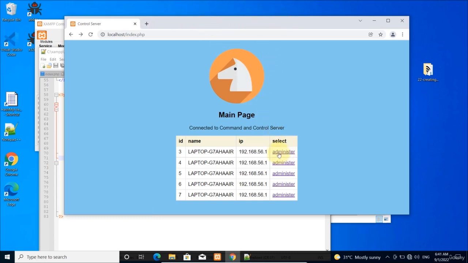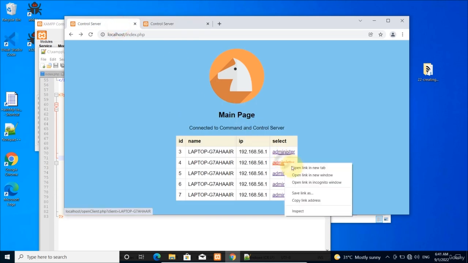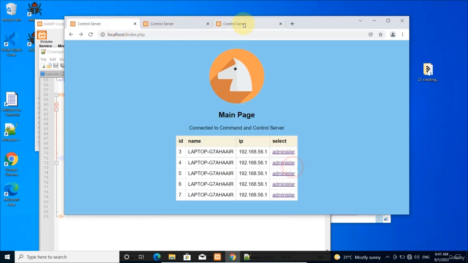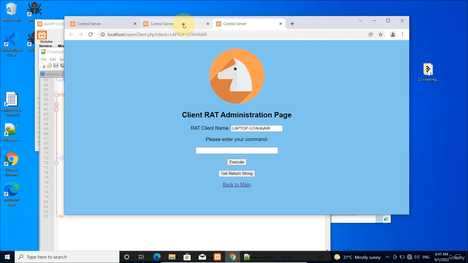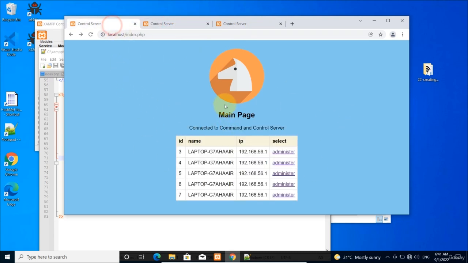So we can right click on this, open a new tab for the first client, then we can administer the second one by right clicking, opening the second tab, and so on. So you can administer multiple clients simultaneously. So this is the power of using a database to do a red pot system. It allows you to do this sort of